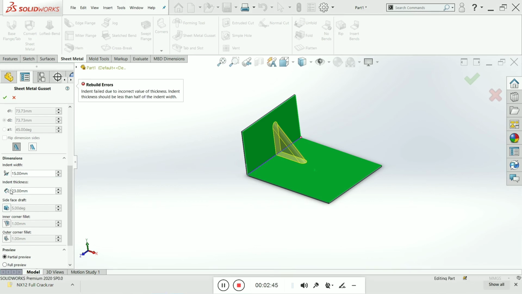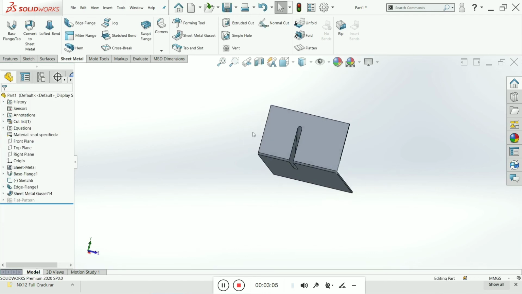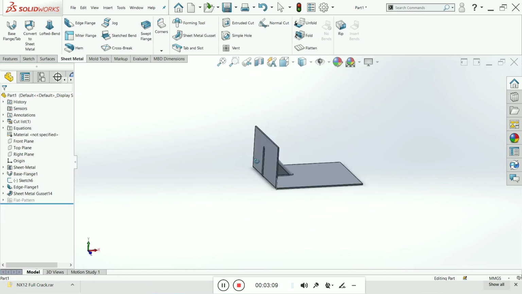So just take indent thickness less than 15, sorry, 15 is the indent width. Now you can change the side face draft and inner corner fillet, etc. If you select the fillet of 2, you can see the fillet has been created over here.